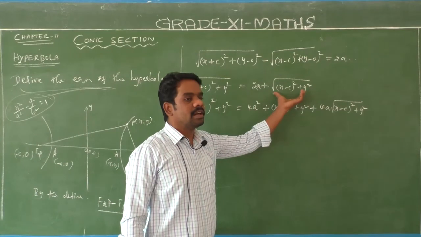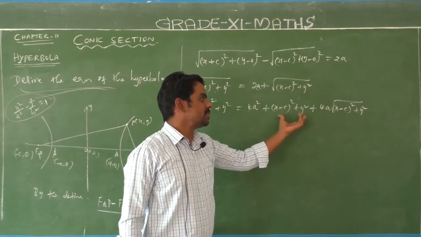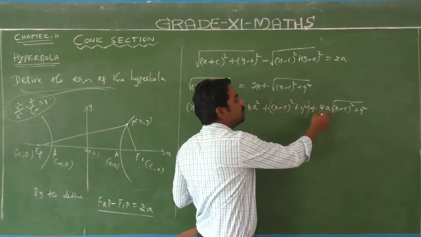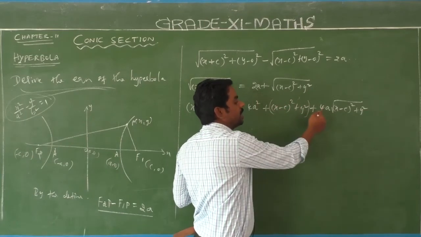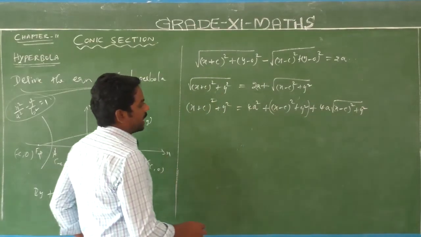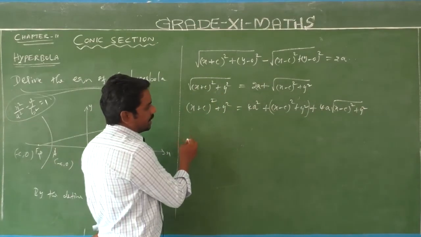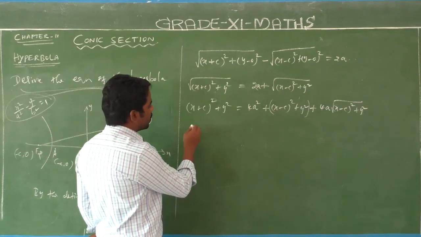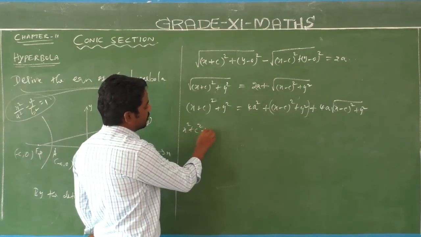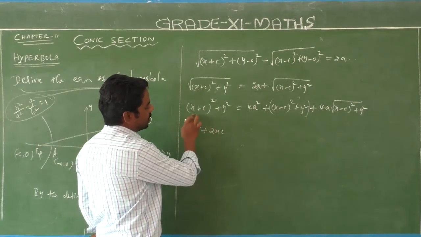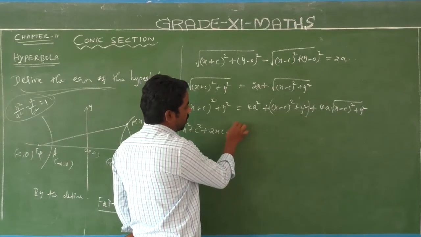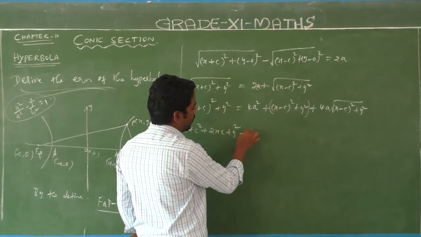This term squared and root is cancelled. Remaining: (x minus c) the whole square plus y square. This is b square, and 2ab is 2 into 2a, 4a into b, this answer. Okay? Right. So (x plus c) the whole square is x square plus c square plus 2xc, the a plus b whole square formula, plus y square, and here plus 4a square